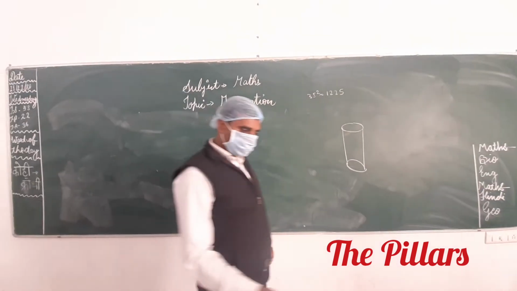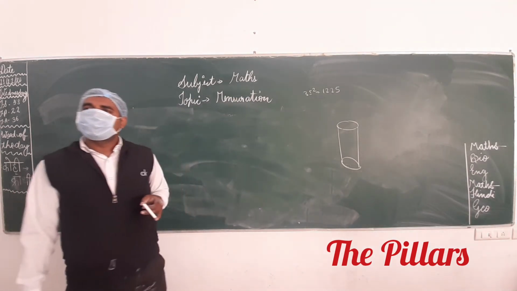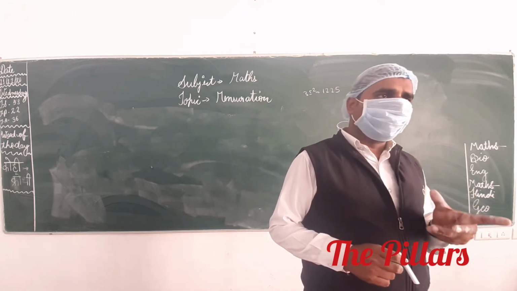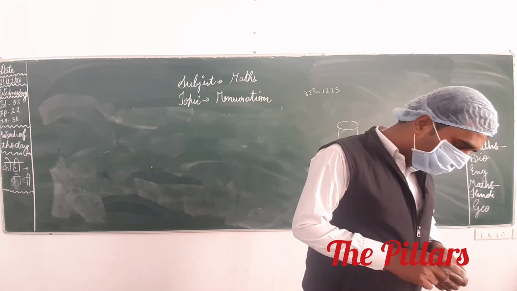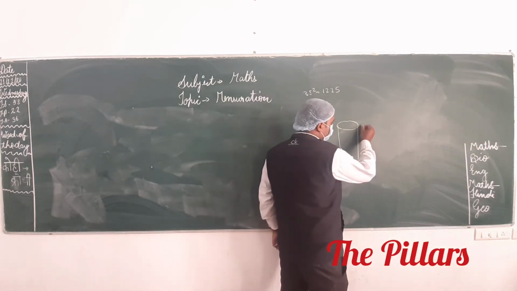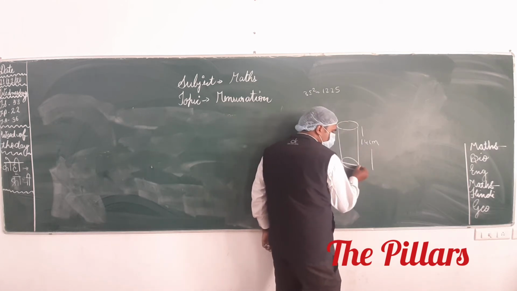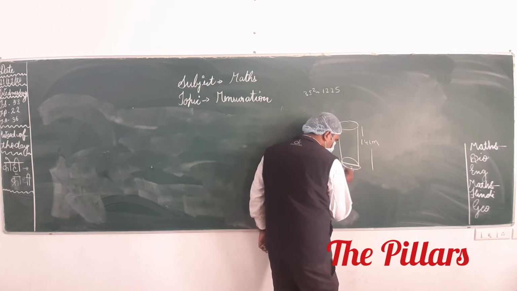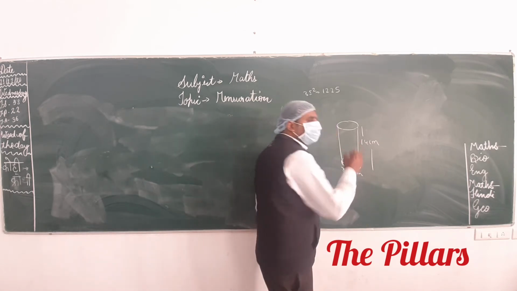In this question, anyone have any doubt? So just repeat. After question number 23, you have to solve question number 24. Question number 24 is like the previous question, but here the question asks about the volume. The question says that from a solid cylinder of height 14 centimeter and base diameter 7 centimeter given, this is the 14 centimeter height of the cylinder and the base diameter given is 7. It means 7 by 2 is the radius. R equals 7 by 2 centimeter.